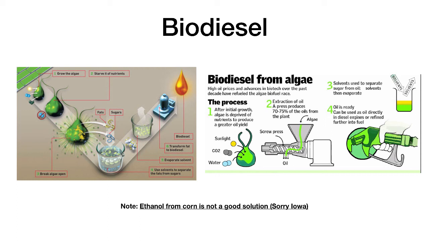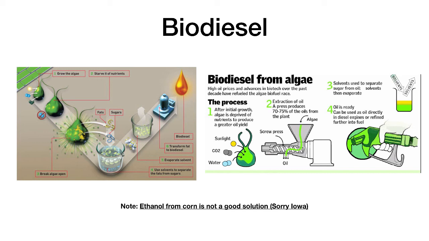They then use enzymes to create energy via photosynthesis and to convert the carbon dioxide into cell structures. Scientists found that after you allow the algae to grow to sufficient numbers, if you then starve them by removing the minerals, it causes them to alter their metabolism and produce more oils. The algae are then run through a press to harvest the oil, and after extraction, biodiesel is generated that can be used directly or further refined.